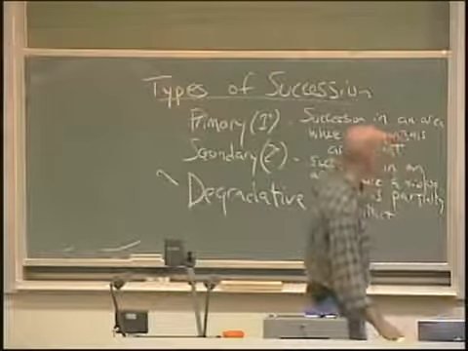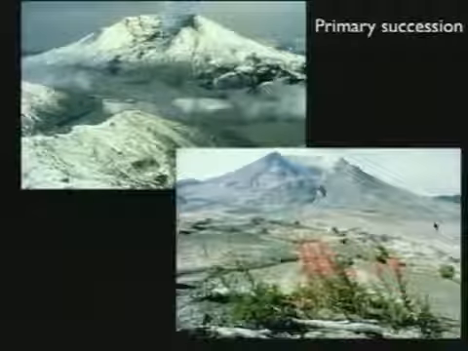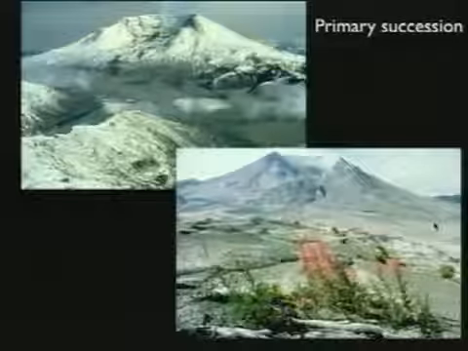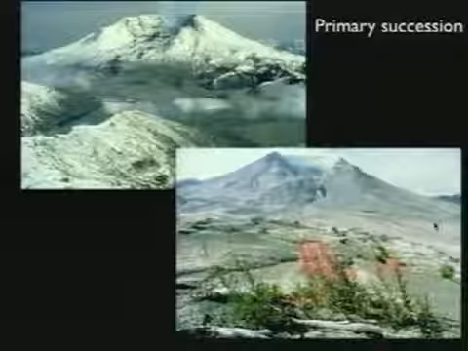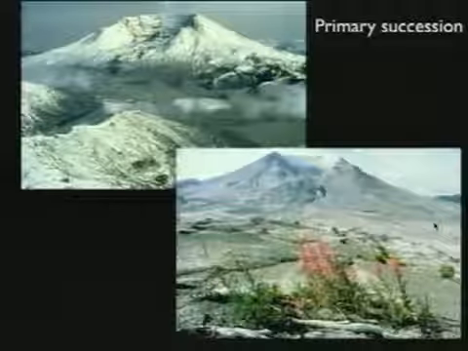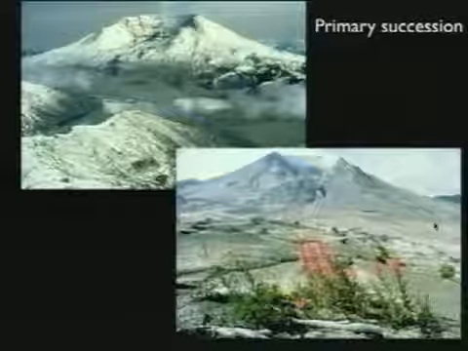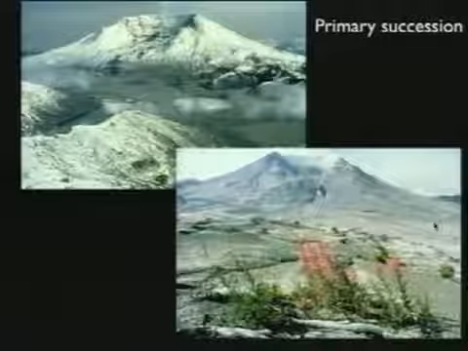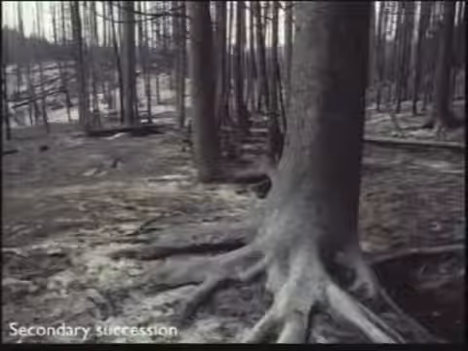Let's go to two slides of and consider primary versus secondary succession. So a lava flow, a volcanic eruption, like here at Mount St. Helens, sterilizes the habitat, right? Sterilizes the substrate. Really, in some of these cases, nothing will remain living. And yet the community comes back fairly quickly in a primary successional context. It takes time, but eventually this directional process of community change will unfold. And it's a fascinating thing to study, the way in which that works.